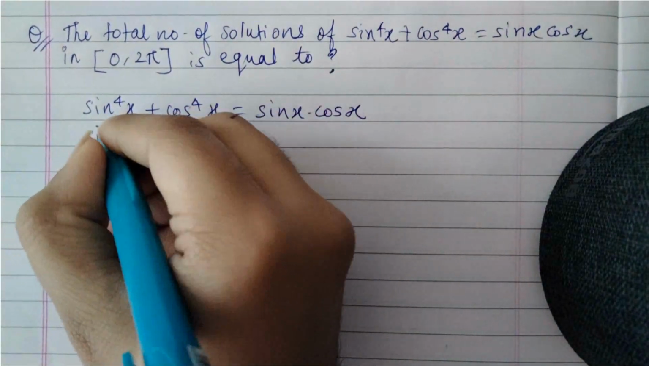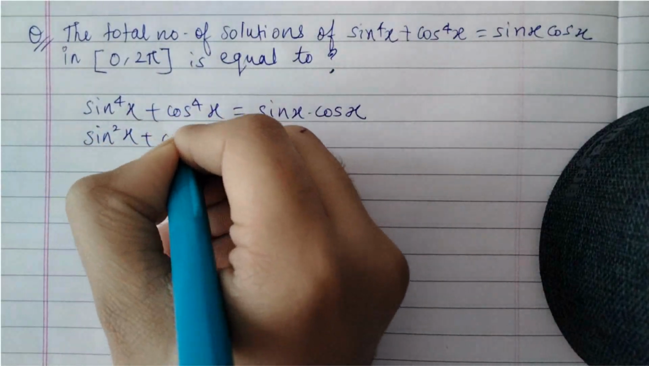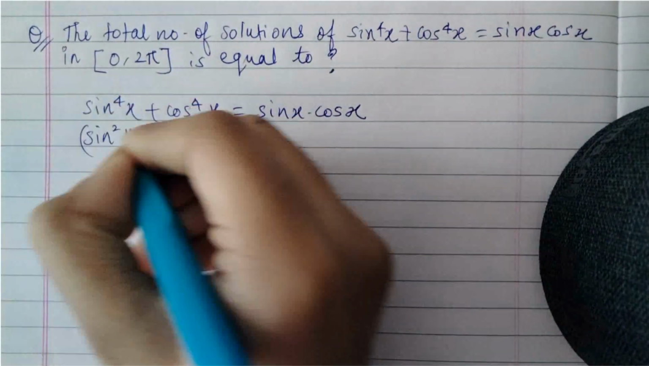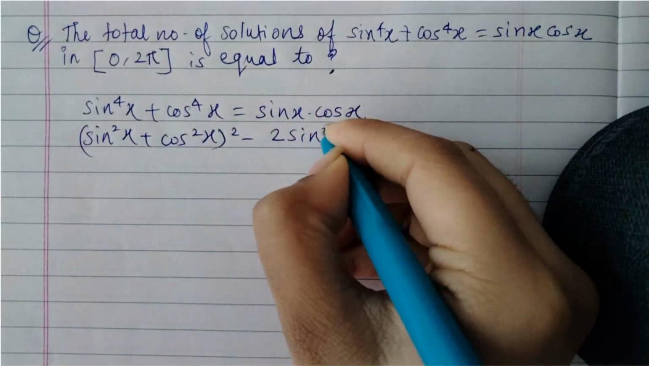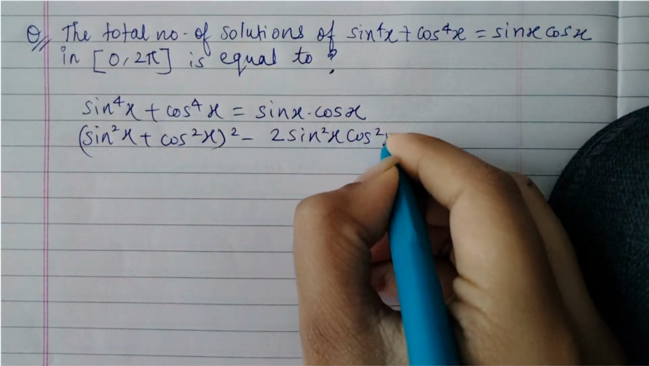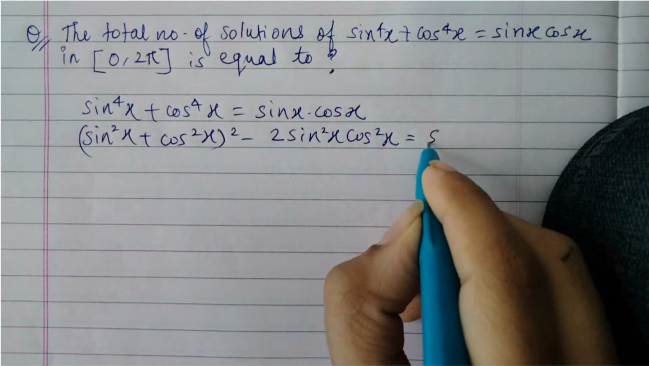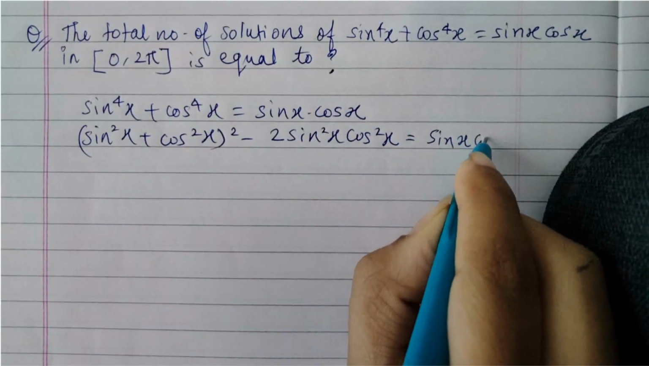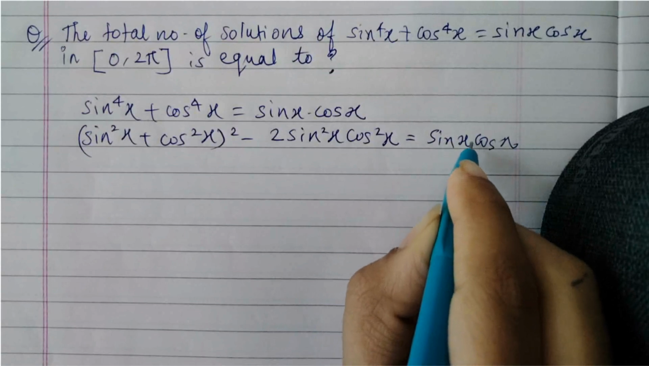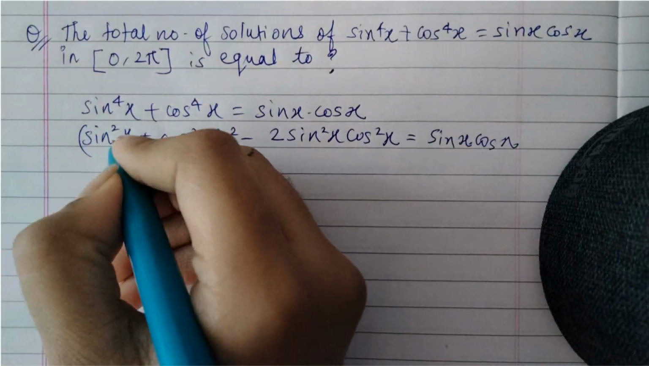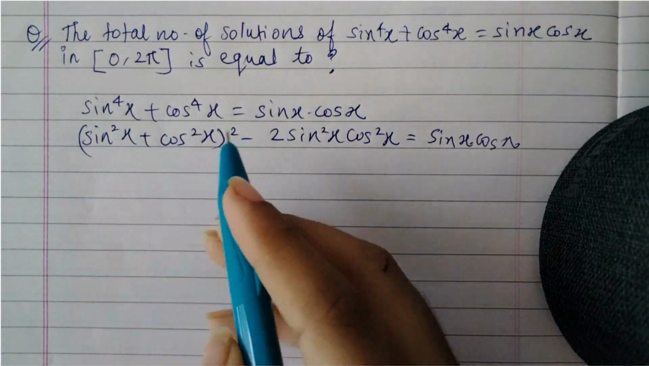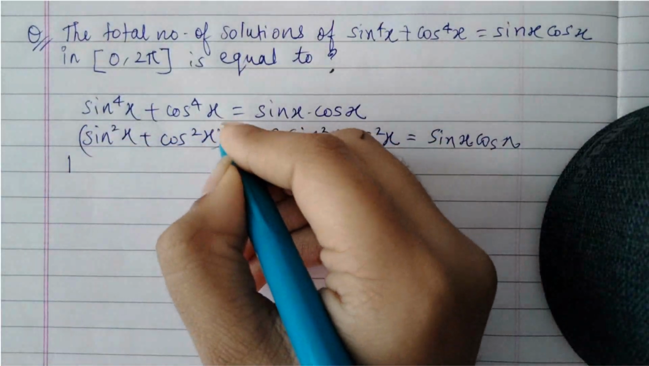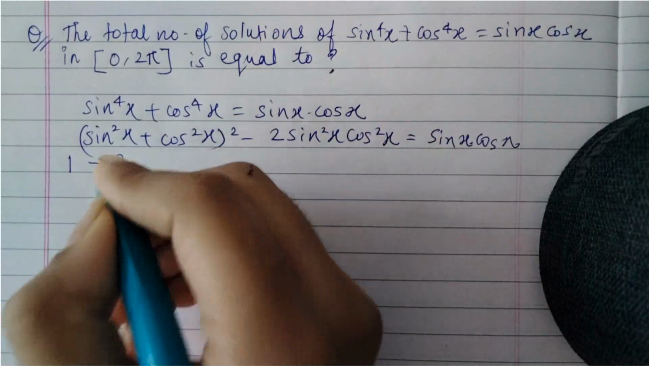This can be written as (sin²x + cos²x)² − 2 sin²x cos²x = sin x cos x. We know that sin²θ + cos²θ = 1, so this will be 1² which is 1, minus